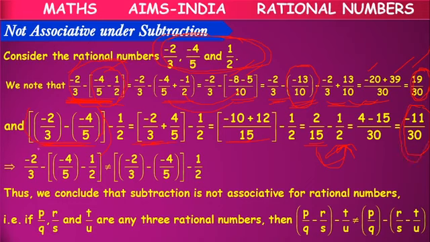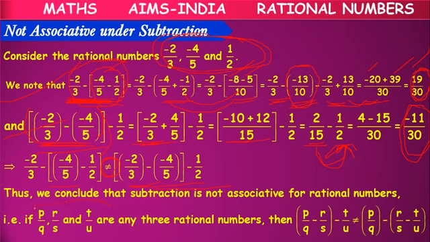Here, the rational numbers are the same. In the first case and the second case, the three rational numbers which we have considered are the same. But where is the difference? Why are we getting a different answer? Because we are changing the subtraction order. The order of the terms, first, second, third, which we kept in brackets, we are changing. So because of the change of order, their values became not equal.